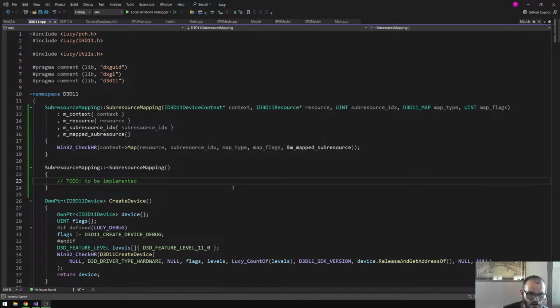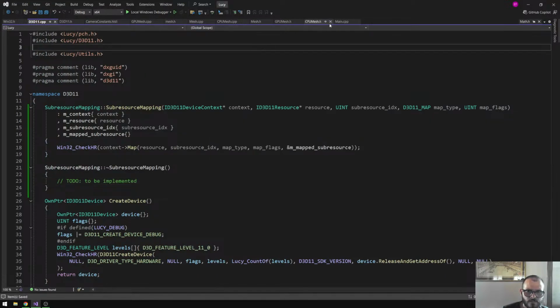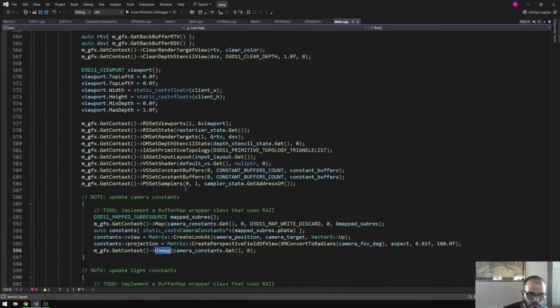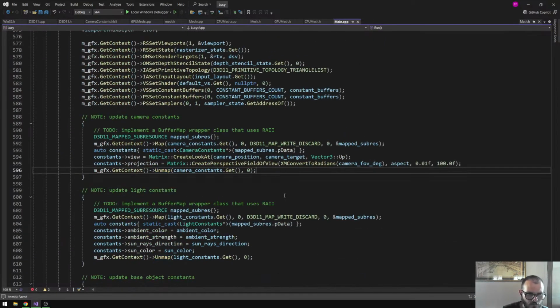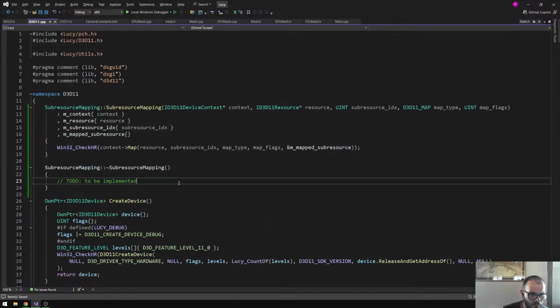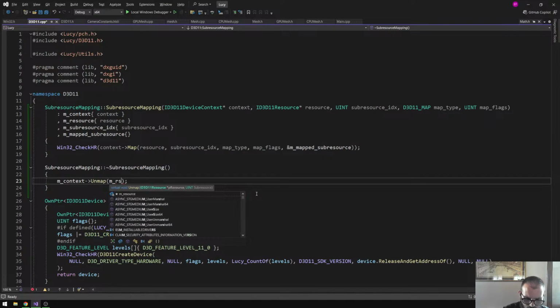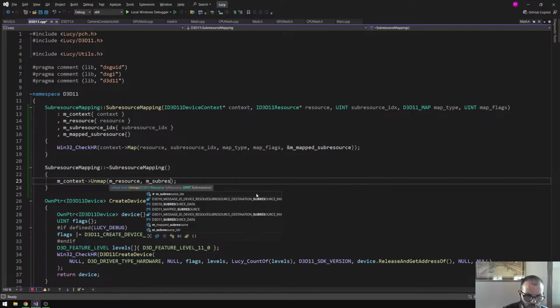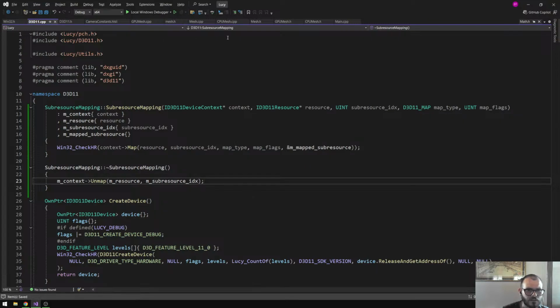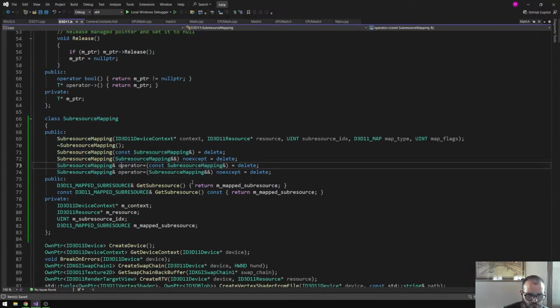And the thing right here, we do the unmap, which is basically m-context unmap, and when you unmap you do the resource and the sub-resource. Voila. Fantastic. Now we have everything to do our